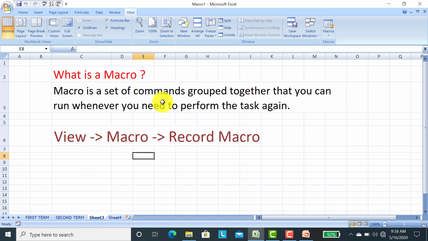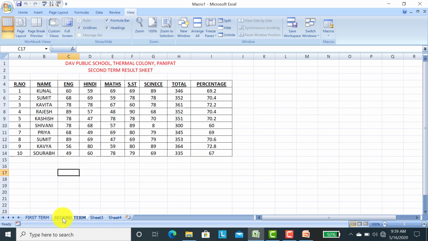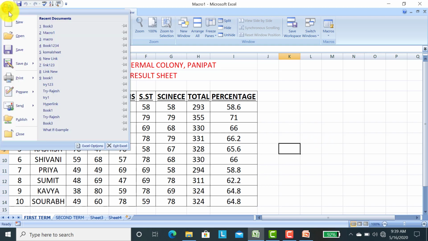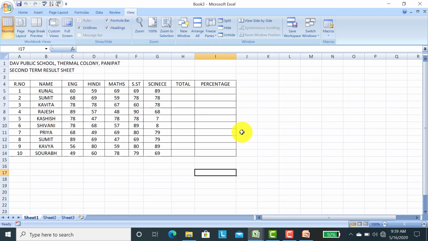Macro is a set of commands grouped together that you can run whenever you need to perform the task again. Now I'll show you whether it works on a different sheet. In front of you, I just open a different book named Book 3, where I had taken new data.